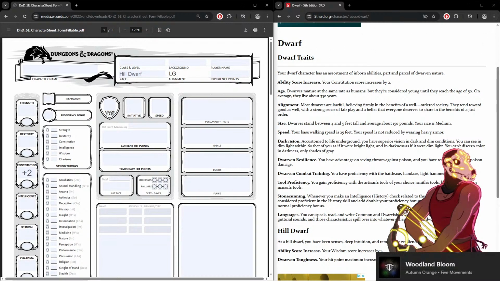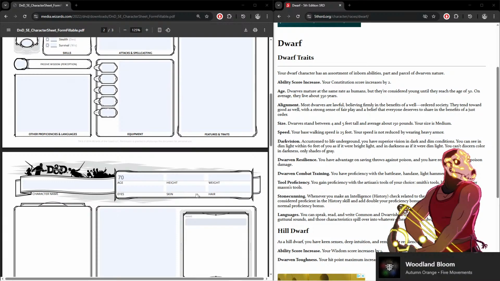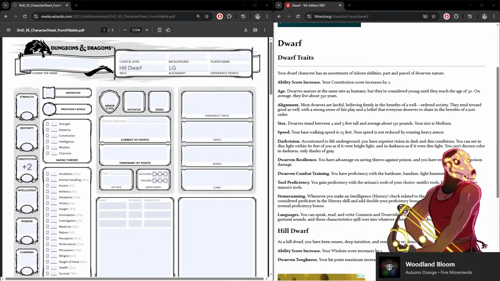Self-interest. So evil is self-interested, and good is more community-minded. So lawful good is fine. We follow the rules and we care about the people around us. So then size is... Oh, I thought size was here. Size does not really matter unless you're doing